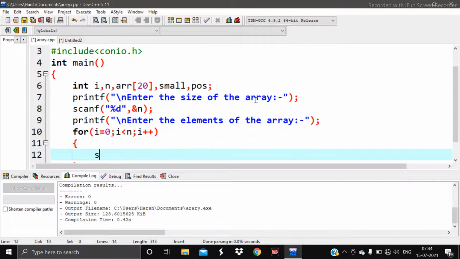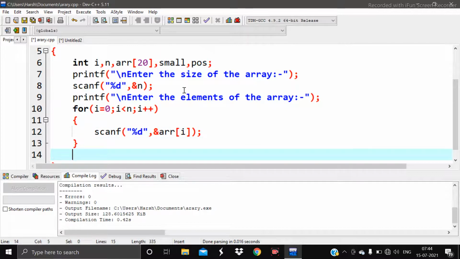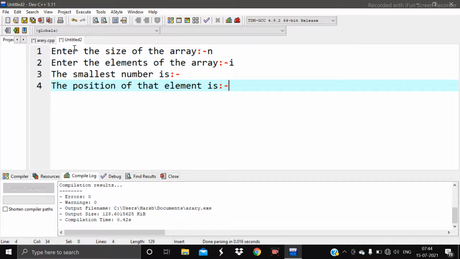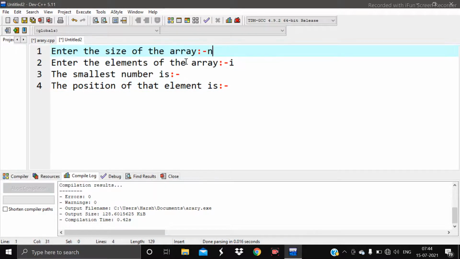Now for taking values we will use scanf, then %d, the format specifier for the int data type, and then use the & symbol and the array name, that is arr, and in place of the index we will use i. So this is how we enter the size of the array and the elements of the array. This task is done.